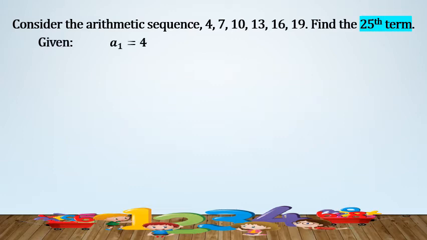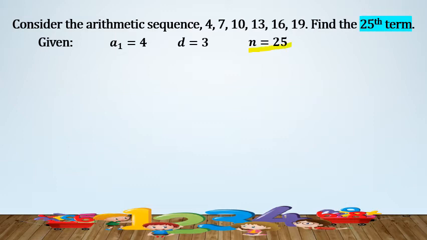So, ang given ay a sub 1, which is 4. Common difference, 3. Paano nga nakuha ang common difference? So, 7 minus 4, we have 3. 10 minus 7, 3. 13 minus 10, it's 3, and so on. So, yun ang given. And also, ang number of term na kailangan natin ay 25. Kaya,